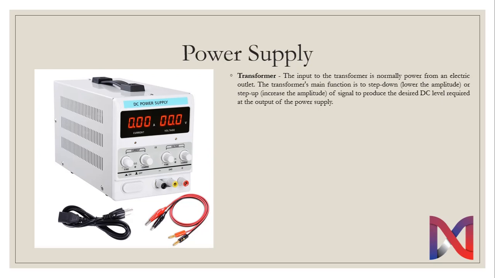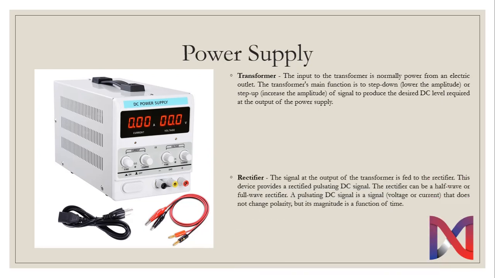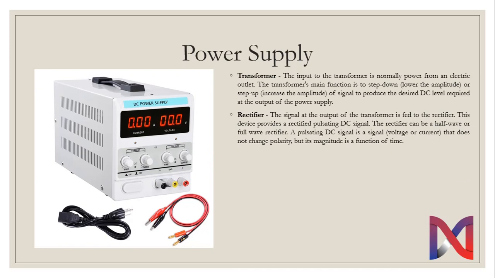There are different ratios of the transformer, such as 1:2. If it's 1:2, then it will convert to 40 volts and to 120 volts. Similarly, if it's 120 volts at the source and you want it to convert through the ratio of 1:3, then it will convert or step down the voltage to 40 volts. The next part is rectifier.